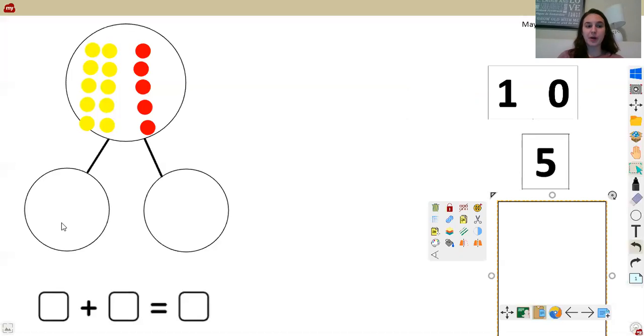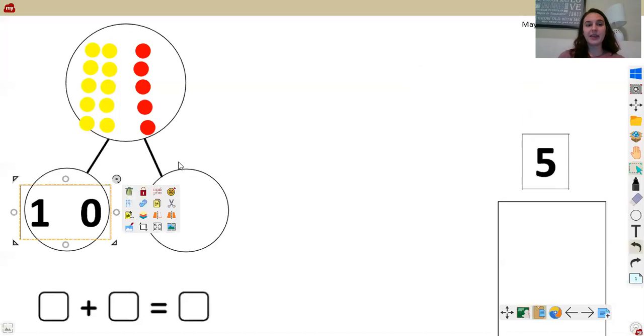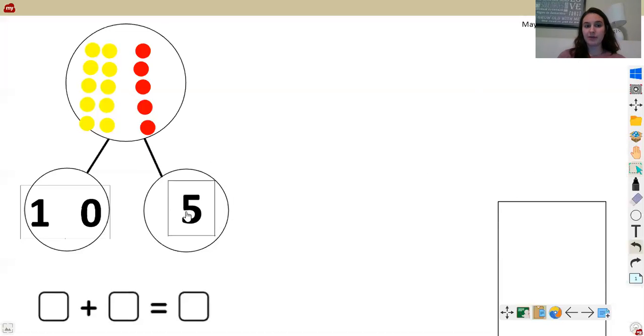So my first part is going to represent how many yellow counters we have. In this case, we have 10 yellow counters. So I would put 10 here. And then our second part represents the number of red counters that we have. In this case, we have 5. So 10 and 5 is 15. Or 15 is 10 and 5. Now, I can switch that where I can move